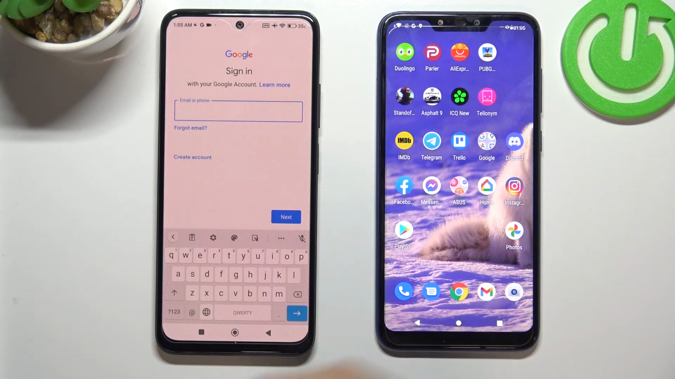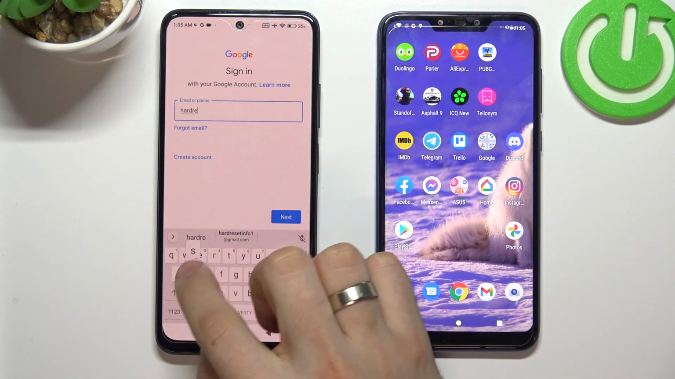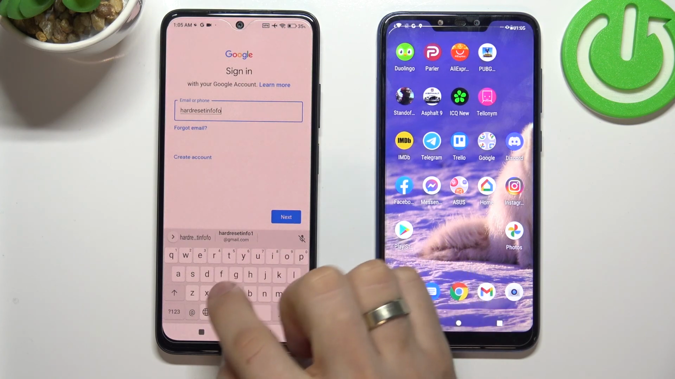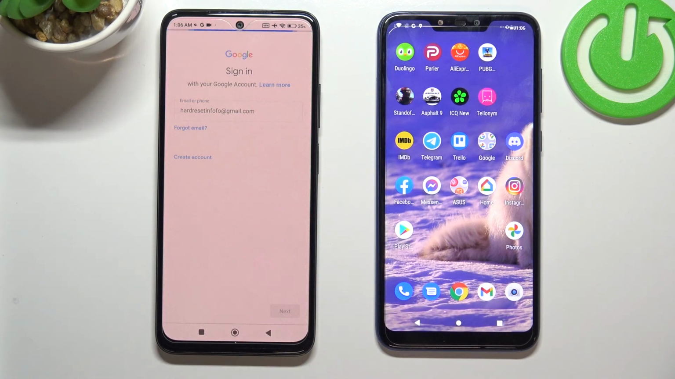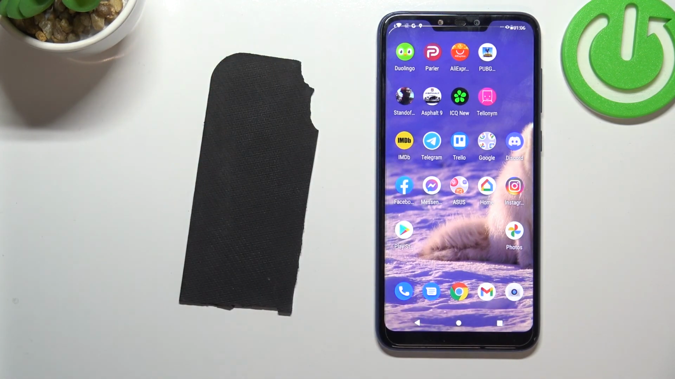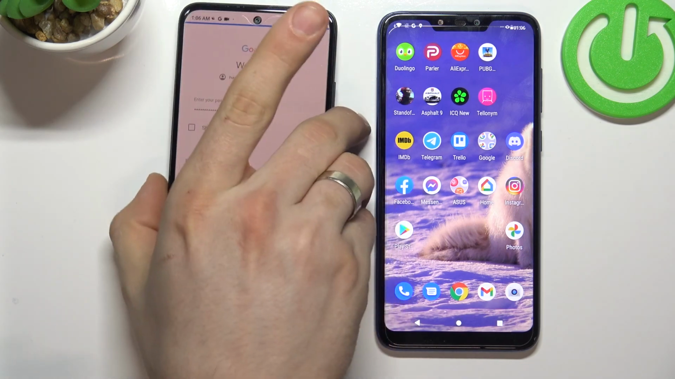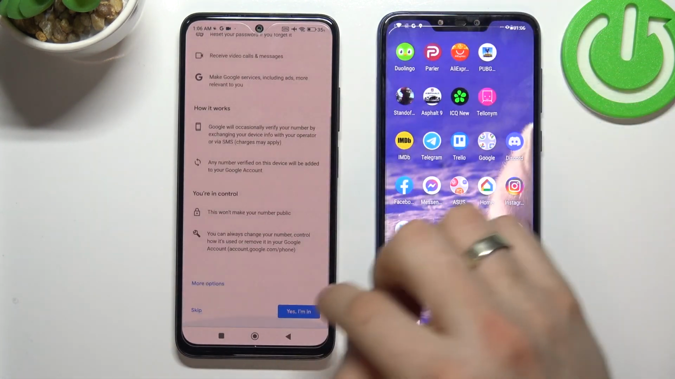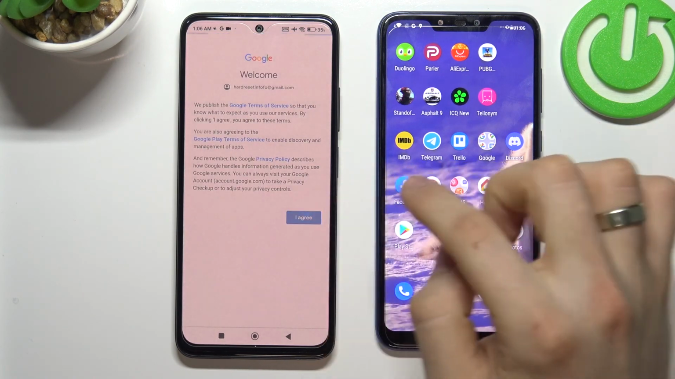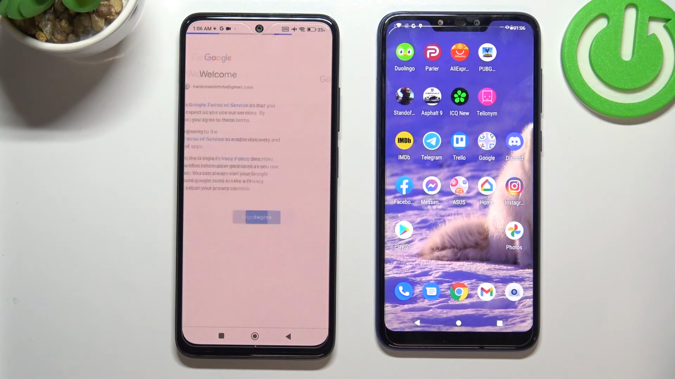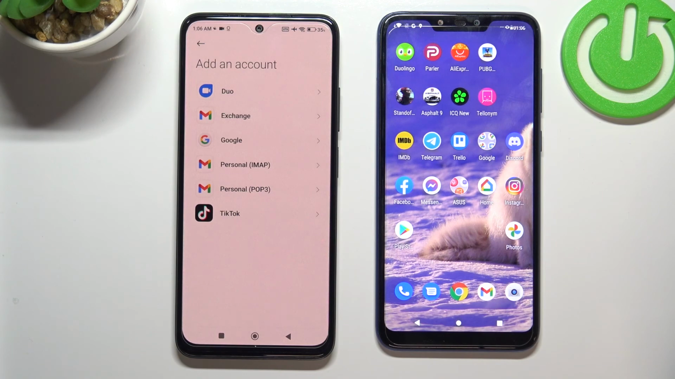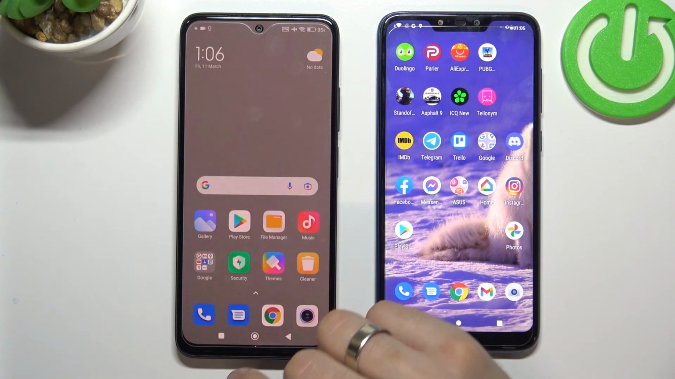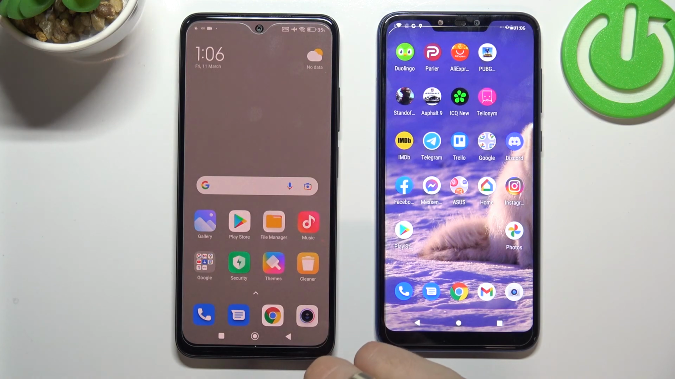So log in into the child's account. Enter the child's email and password. Cool. Scroll down, choose yes, I agree, scroll down and choose accept. Cool. Now, after you log in into the child's account,